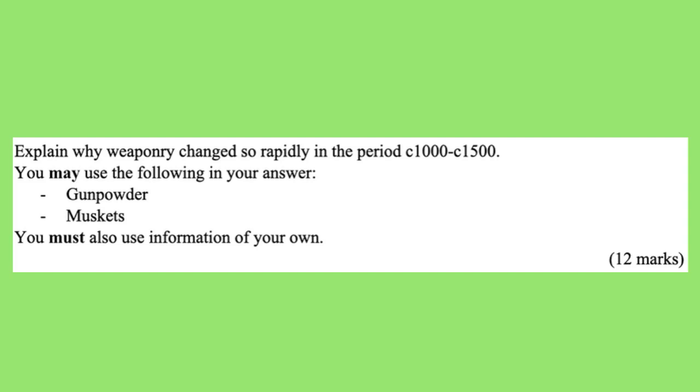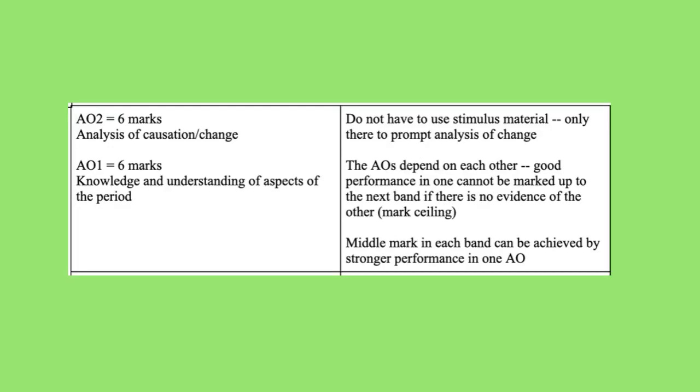Explain why weaponry changed so rapidly in the period circa 1500 to circa 1700. You may use the following in your answer: gunpowder, muskets. You must also use information of your own. 12 marks. Here's the mark scheme for this question, which you can find out about in more detail in our